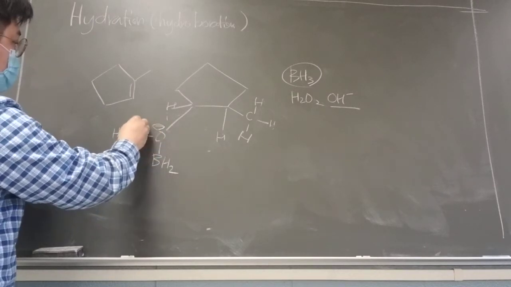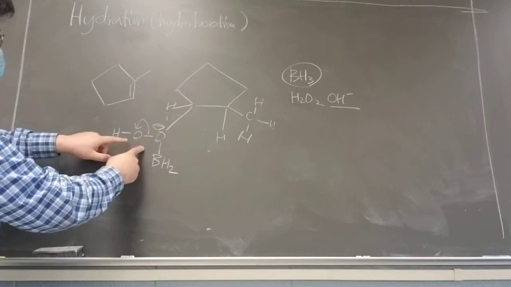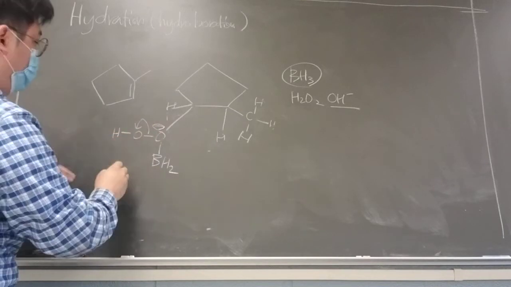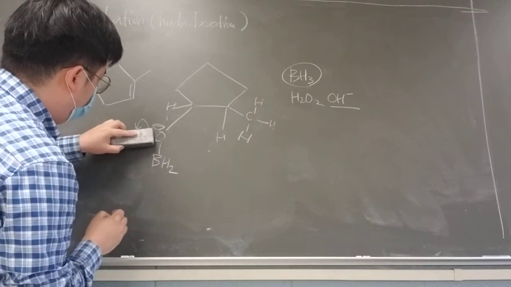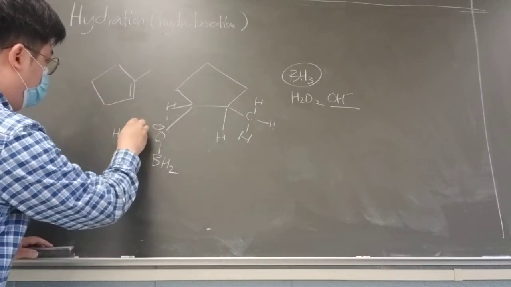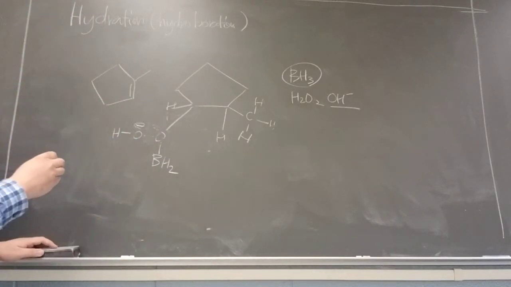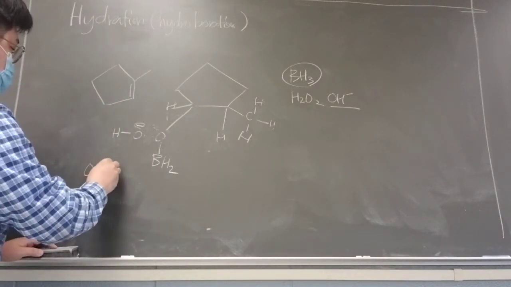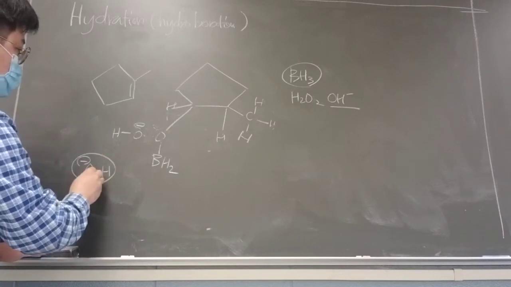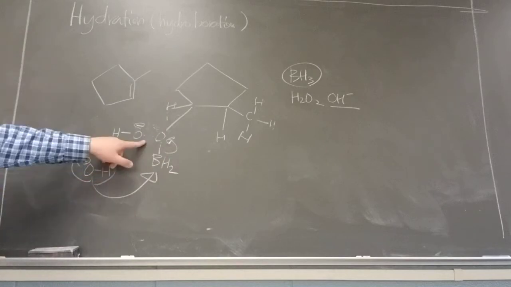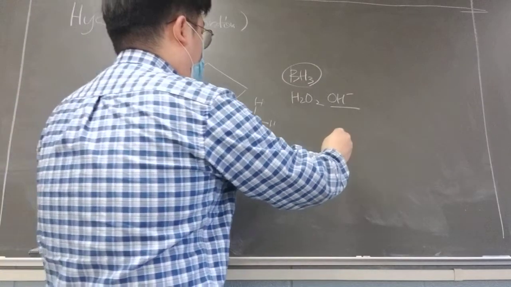And now it gets to this one. It goes this way. The pair of electrons, the bond between these two will go this way. So now you break this one. Now the negative charge is on here. It's gone. Okay. So now you have hydroxide anion attached to this one and goes on to this one. Okay. So now you have